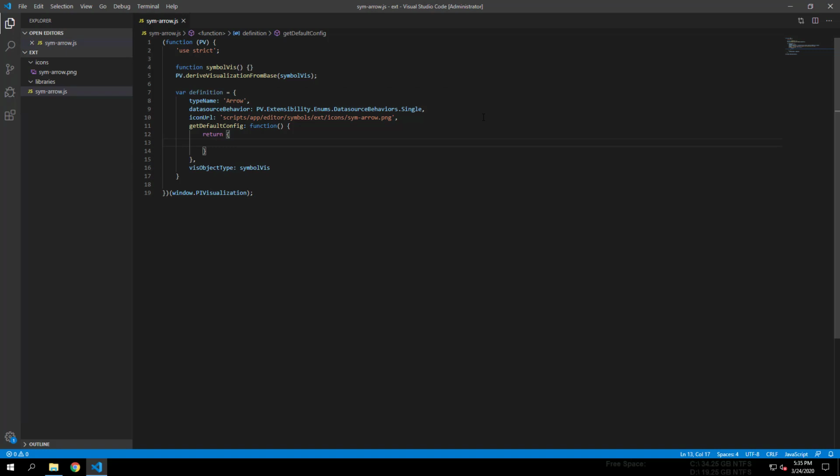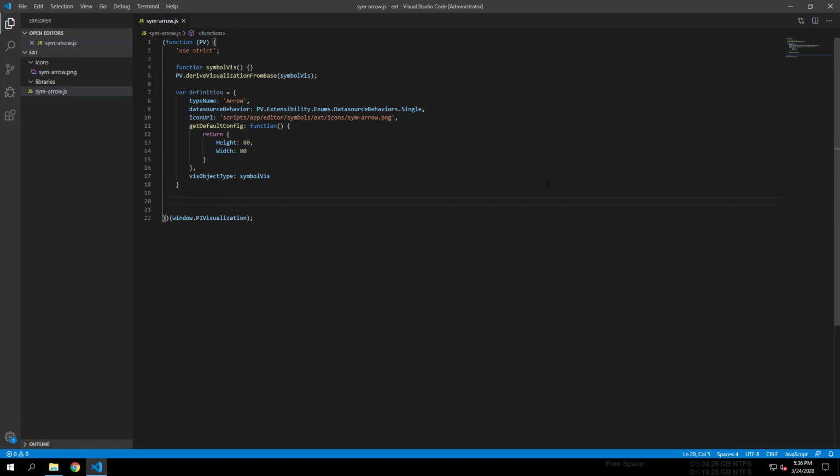One note of caution here with these config items: the values of these properties shouldn't be changed within the implementation layer code. Instead, you should change the values through the AngularJS directives in the presentation and configuration layers. We'll talk about this a little bit more later on. I will be specifying a starting default height and width for my symbol. These two properties are recognized by the PyVision Extensibility Framework, and if not specified, the symbol may not be visible within the PyVision display editor.